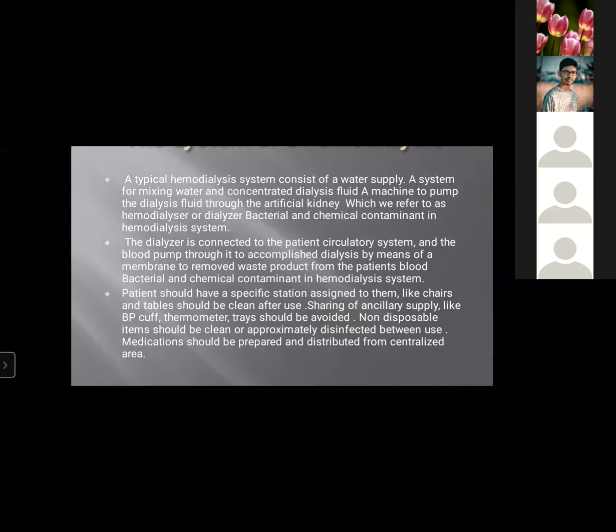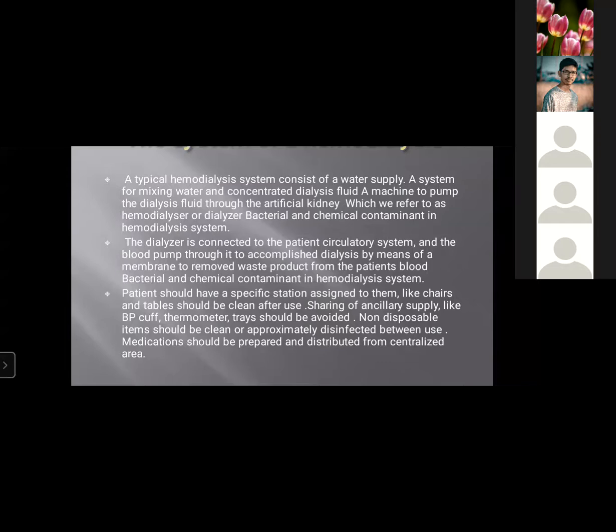containment in the hemodialysis system. The dialyzer is connected to the patient's circulatory system, and the blood is pumped through it to accomplish dialysis by means of a membrane to remove waste products from the patient's blood. Bacterial and chemical containment in